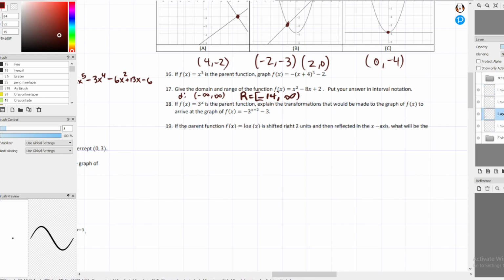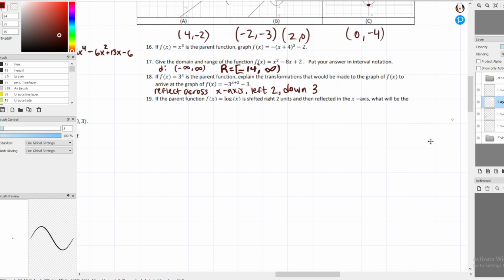That's our up and downs. And then we are also moving to the left by 2 because we have a plus 2 in our exponent. And then we're also going down by 3. It follows our other typical